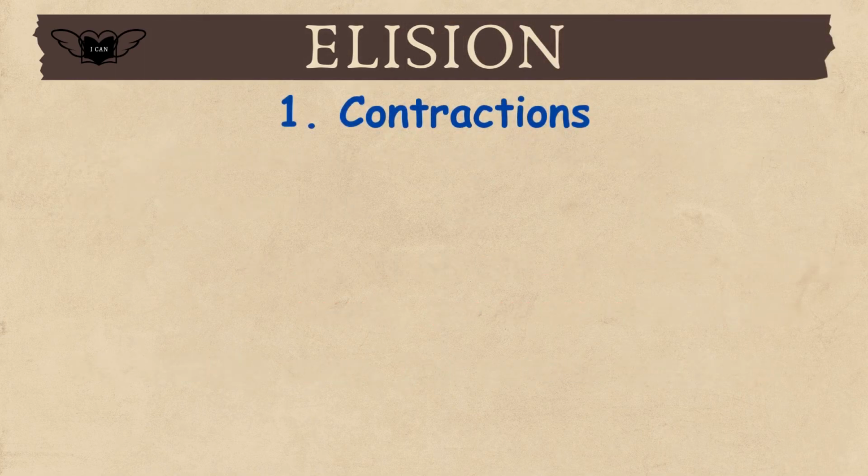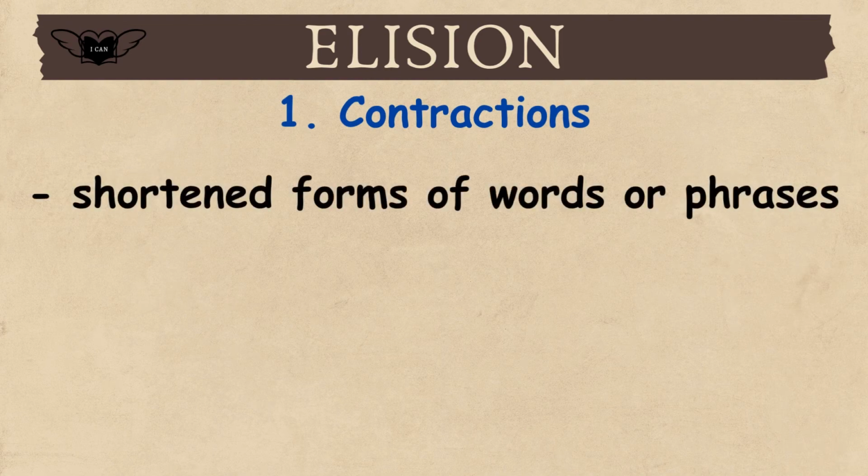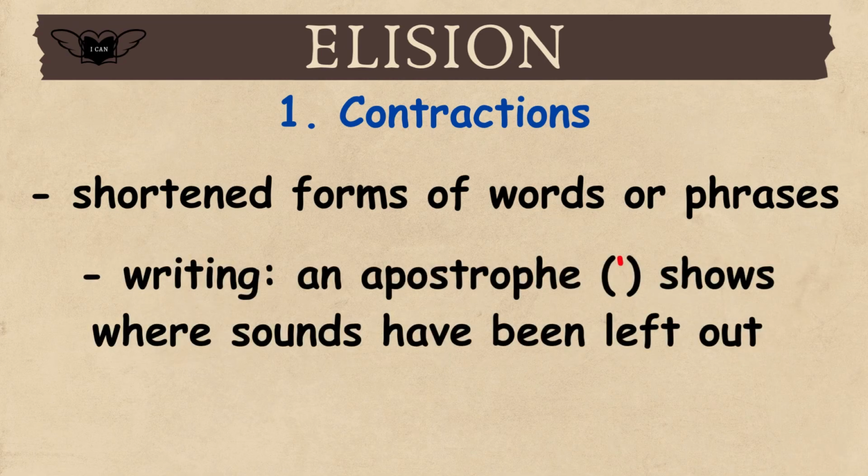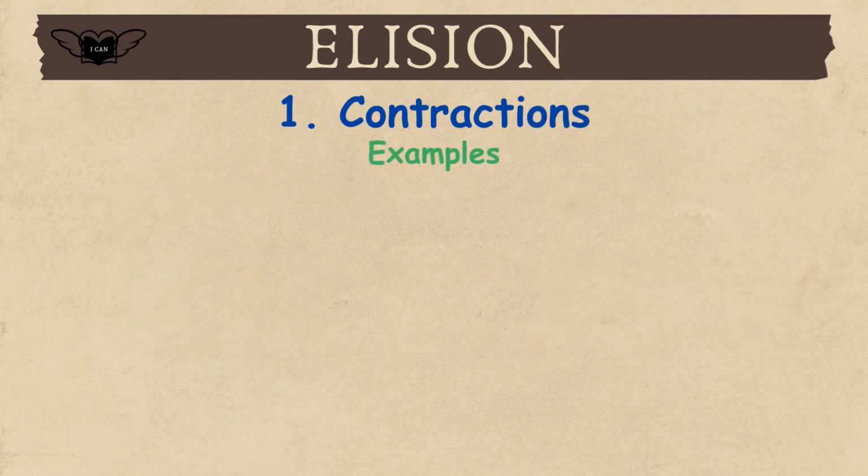1. Contractions. Contractions are shortened forms of words or phrases. In writing, an apostrophe shows where sounds have been left out. Examples: